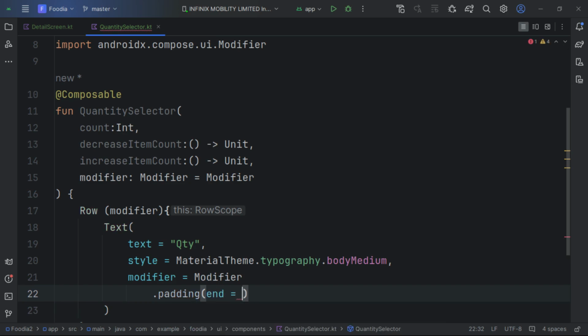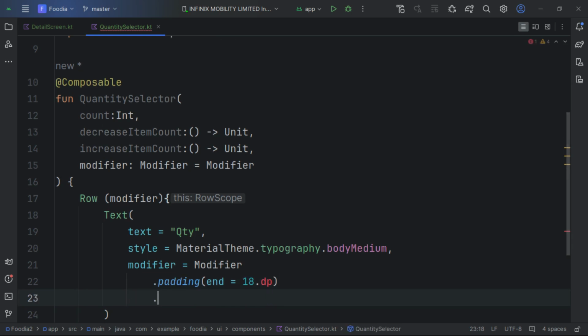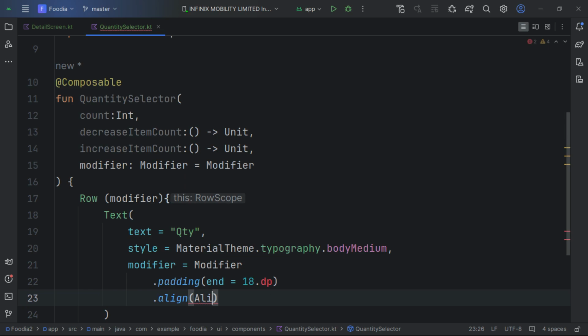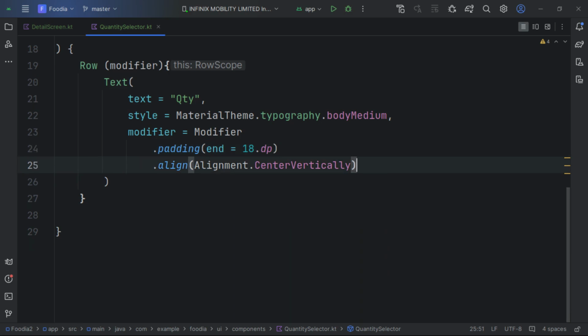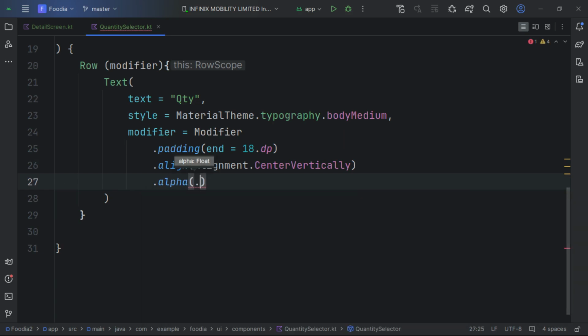And we want to give it a padding at the end of 18 dp. And we want to align this center vertically. And we want to decrease its opacity, so we can give it 0.5f of the color which is going to